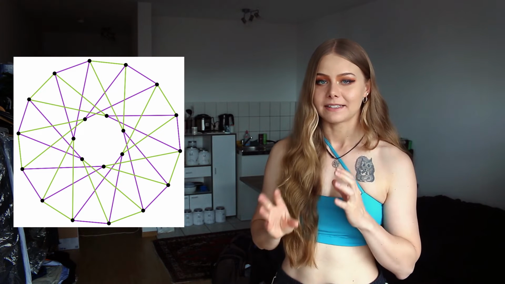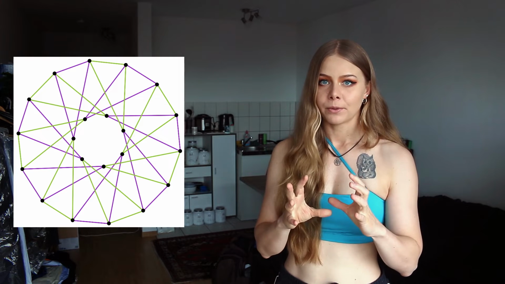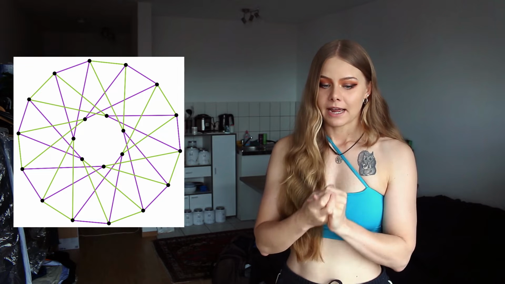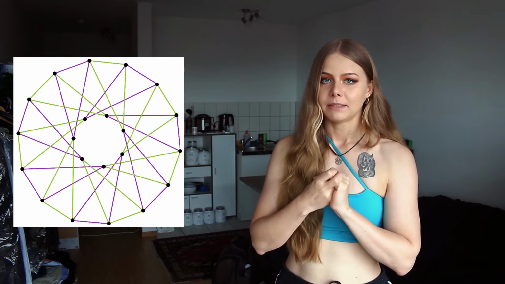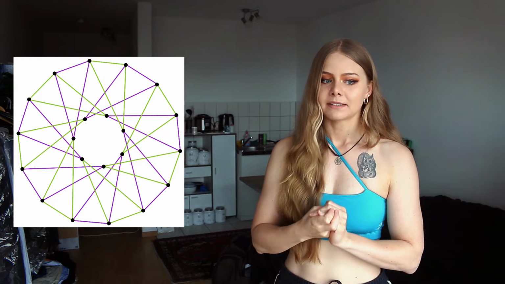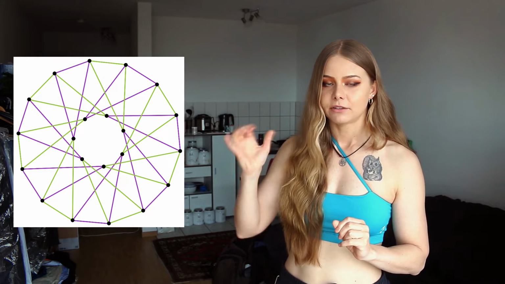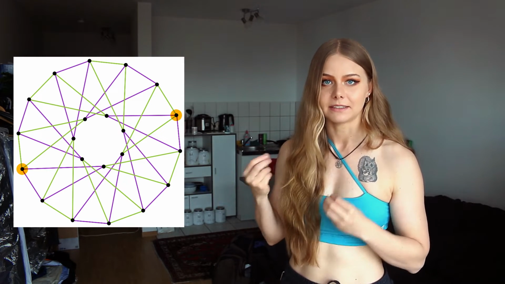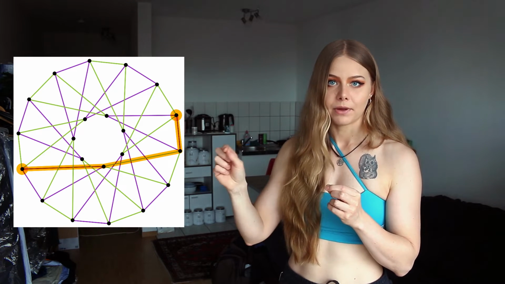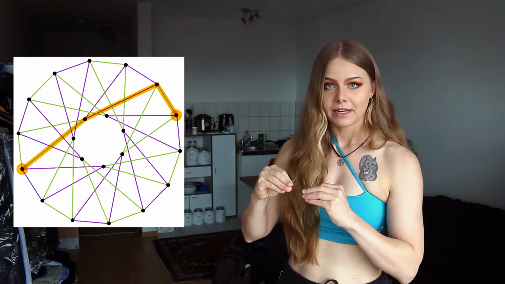Looking at the graph, we can see that we have 2 different colors, purple and green. That means that in our Coxeter group we want to have 2 elements in our generating set. Then next we can look at the maximal length a minimal path in the graph can have. So what is the maximal distance of 2 elements in the graph? And I marked 2 vertices that have a maximal distance in this graph, and we can see that we can either walk purple, green, purple or green, purple, green. This should be the same then.